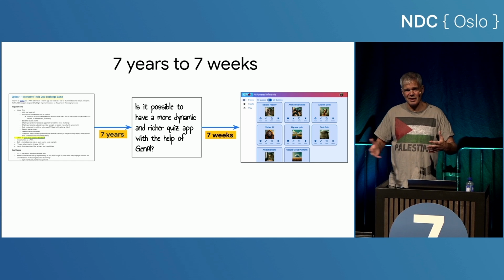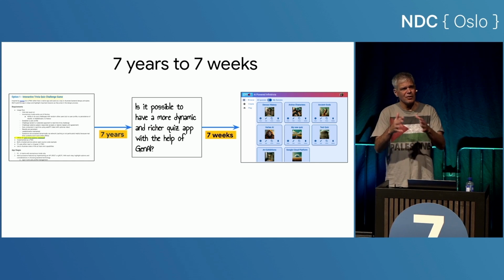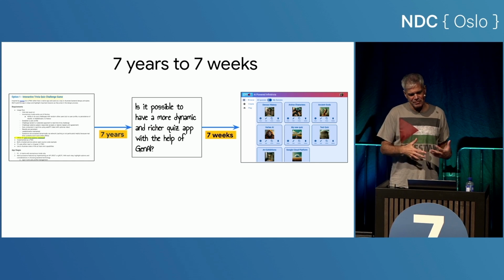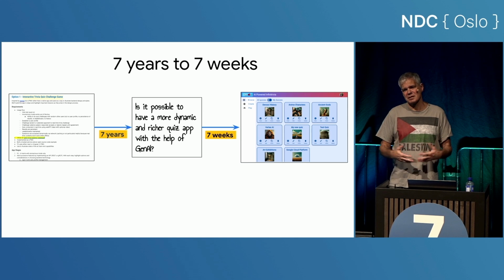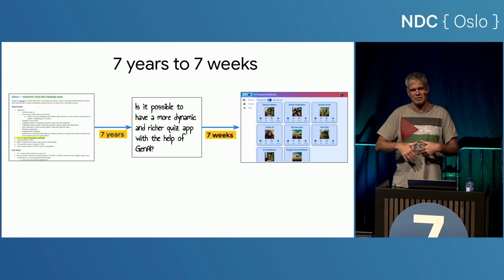I didn't know Dart, and I had to pick up Flutter on the fly, so that slowed me down a little bit. But the point is, I went from something I just didn't know how to solve to something that I could solve in a satisfying way in a few weeks. I think that's a lot to do with what generative AI means to me. It makes new things possible that weren't possible or were very difficult. As we use this technology, we just have to keep our eyes open to the fact that it's not free. It comes with a cost as a developer, as a system integrator, as a tester, all those things we have to keep worrying about.